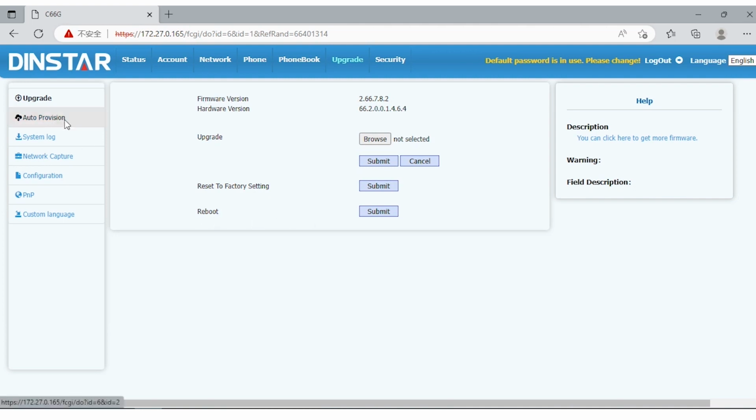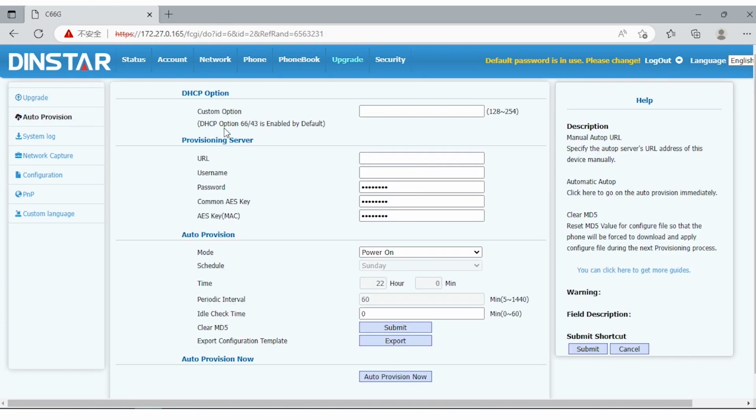And the most important part is auto provision. You need to know Dinstar IP phones support auto provisioning function, which make IP phones automatically update with the latest firmware, configurations, customized ringtones, and local contacts stored on DHCP, PnP, TFTP, FTP, HTTP, HTTPS server. That's to say, IP phone uses network protocols to get the URL and then download firmware or configuration files from